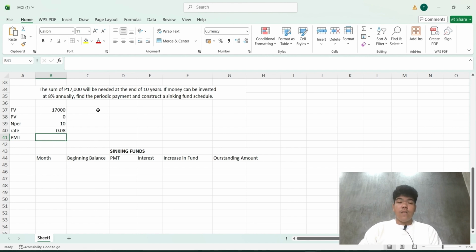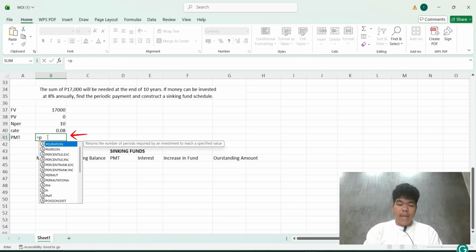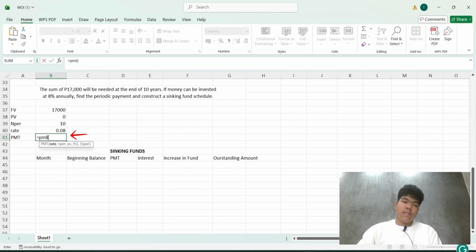Now for PMT. The PMT is the periodic payment, which is the one that we are looking for. Now it's time for us to get the PMT using the values stated here. In order to get it, you must first put an equal sign, type PMT, open parentheses, and follow the order that is stated here. First is the rate, comma, the n per, comma,